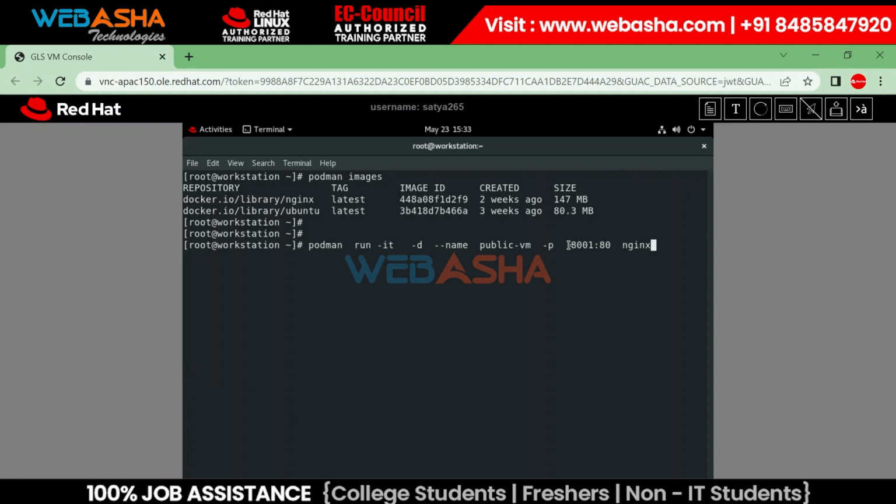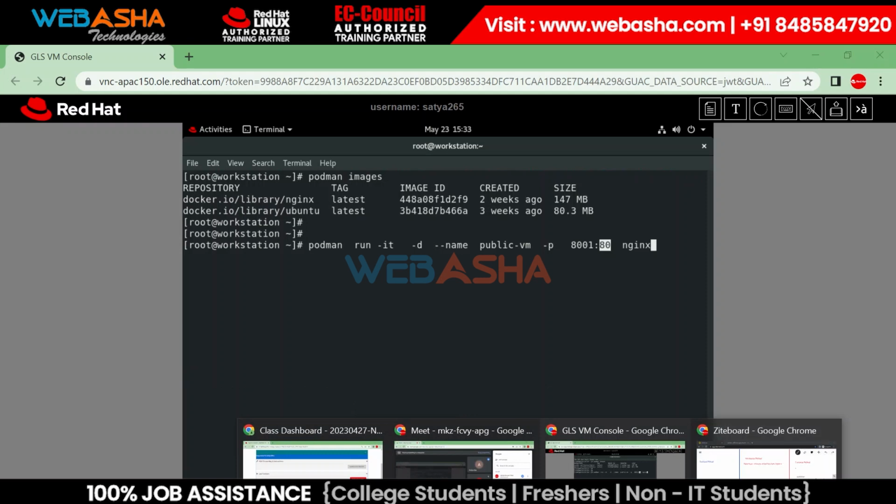What is the name? It is public VM. The name of this container should be public VM, we can just mention the name. And P stands for publishing, or we are assigning the port number. So 8001 is my node port number, we can say my physical port number, and 80 is my container port number. Means what I'm trying to say,